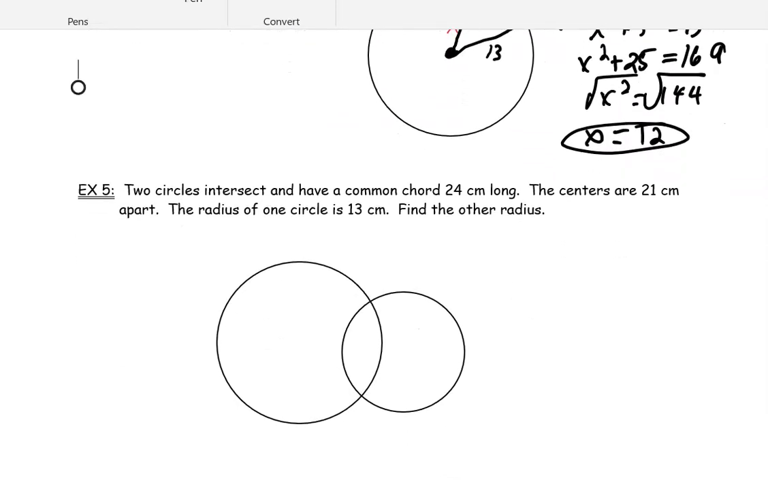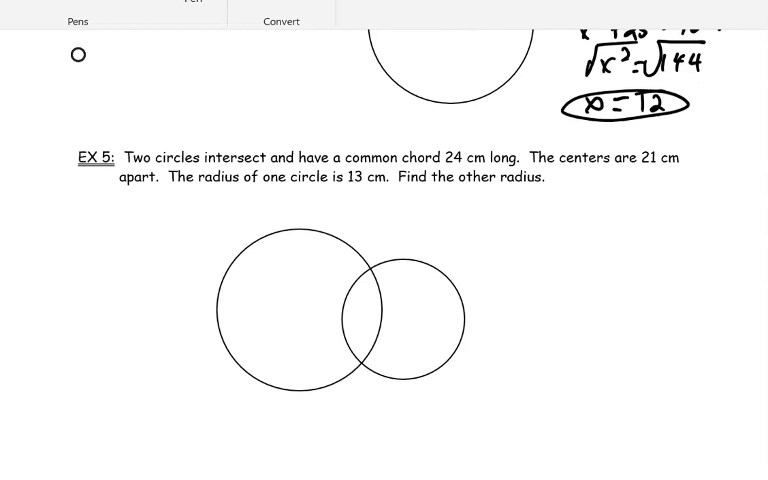All right, last one. Again, a little trickier. These last two, a little trickier. This one in particular: two circles intersect and have a common chord of 24 centimeters long. So you can see our two circles are intersecting. The only place they could possibly have a common chord would be from here to here. So if we connect those to create our segment, we would know that this has to have a length of,